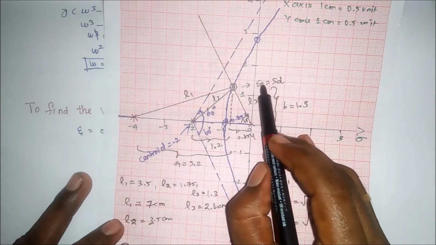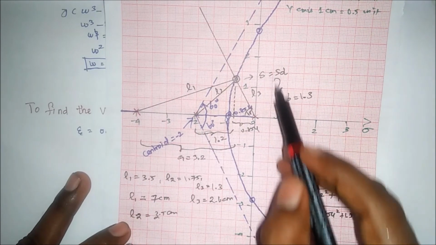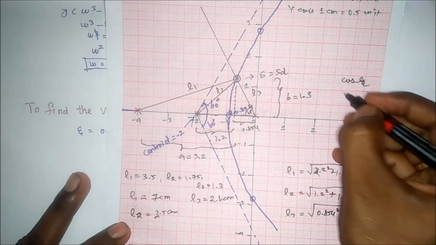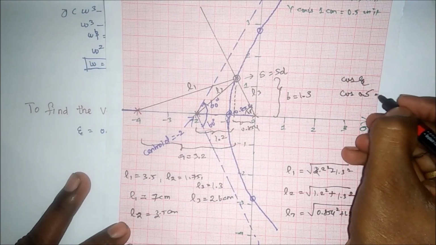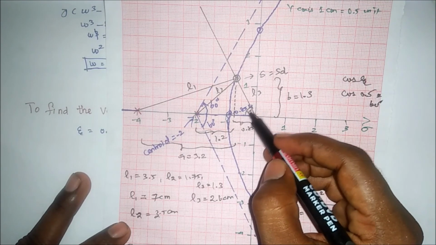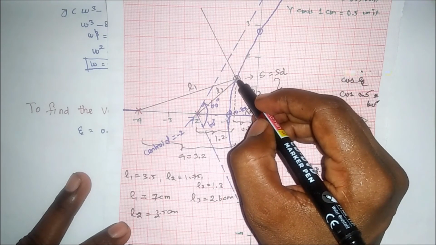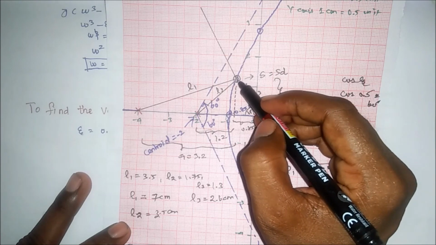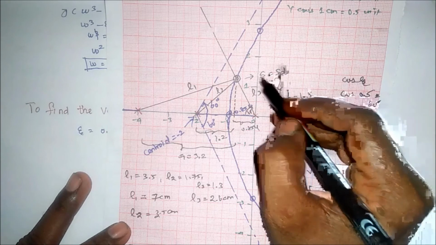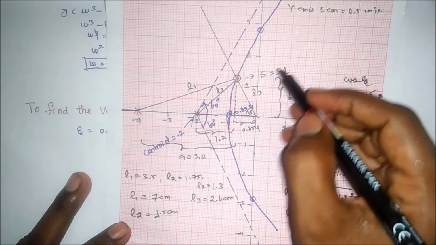Therefore, at this dominant pole, how did we calculate this dominant pole? The given eta value equal to 0.5, by using cos eta. It means cos inverse of 0.5, we calculated the angle equal to 60 degree. So from this, we marked 60 degree from the real axis. Then we have drawn a straight line. That line touches at a point. This point, where this straight line touches the root locus, is nothing but the dominant pole. For this dominant pole, we have to find the value of K. That is the final answer.